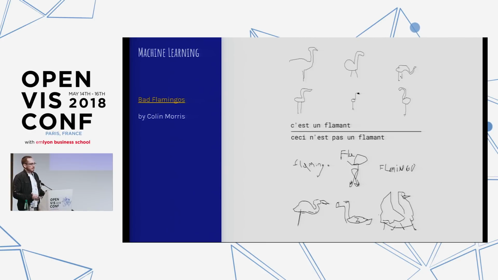One way to do it is to ask the network how probable it thinks a given drawing is. So if you say, is this a flamingo? It will say yes. These on the top are highly likely to be flamingos, and the ones on the bottom it thinks are probably not flamingos at all. And this is a really interesting lens to look through. This article has a lot of cool examples they pull out of flamingos that are really fun to look at